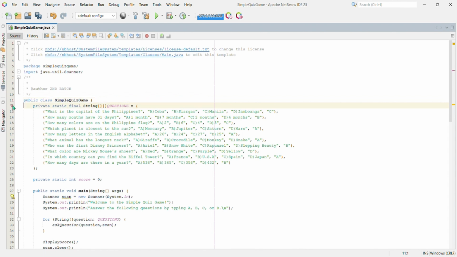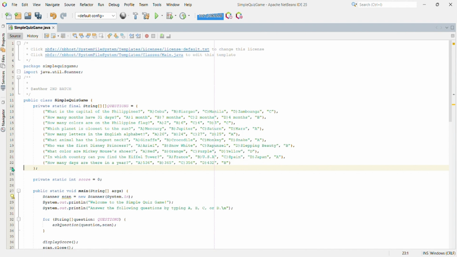And this line declares a private static final 2D array called questions, which will store the quiz questions and answers. This line also initializes the first and last row of the questions array with the first and last question and its answer options.